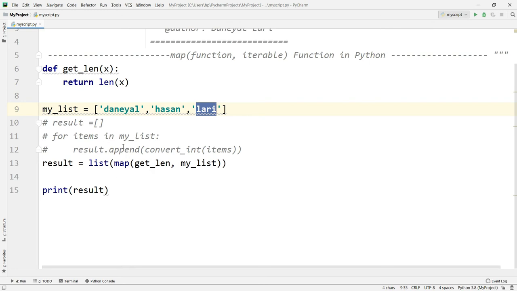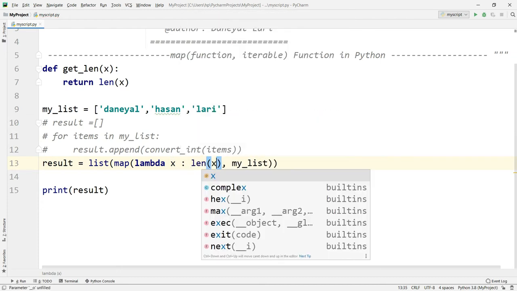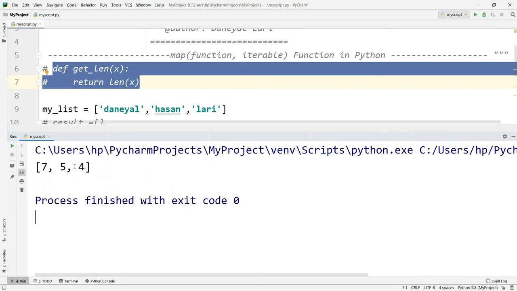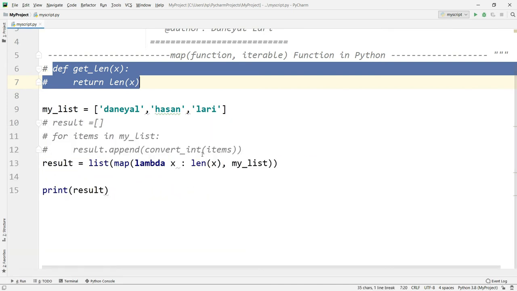And suppose you don't want to use this one, then I can use the lambda function also. So I can write lambda, and here I can write x, and what I want to do with x, I want to get the length of this x. Let me comment out this one, and let's see the same output. I hope the lambda function, the higher order function, and passing a function to a function are now clear to all of you. If you don't know how to pass a function, and what a higher order function and lambda expressions are, just go and watch the previous videos, then it will be more clear.